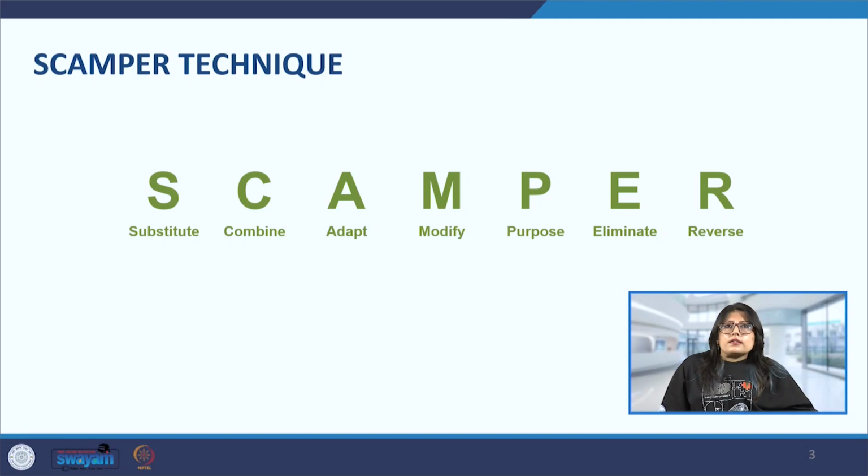I discussed this briefly in one of the classes earlier. We'll take a little bit of an example and then take a look at how this SCAMPER technique can be applied. Here, each of the letters stands for an essential function. S stands for substitute, C for combine, A for adapt, M for modify, P for put to other purpose, E for eliminate, and R for reverse. Now, with the problem that we have at hand, we can look at each of these techniques individually, and then see what ideas we can come up with.